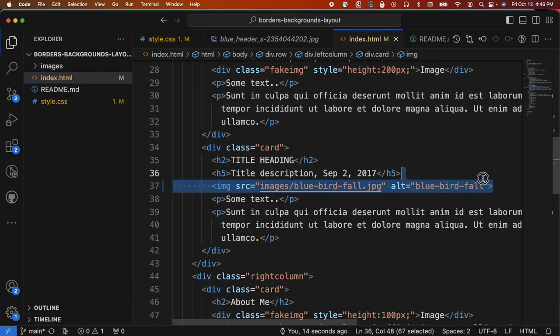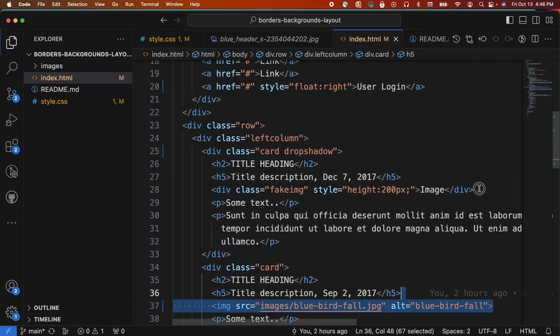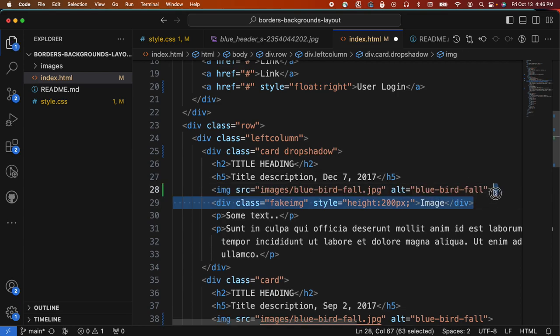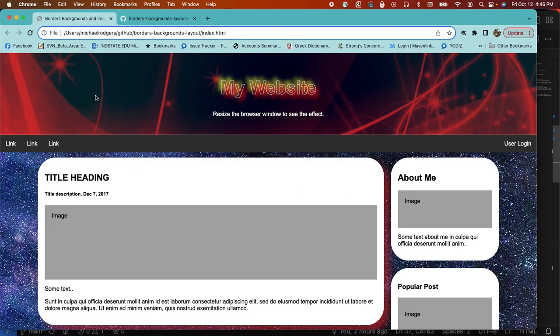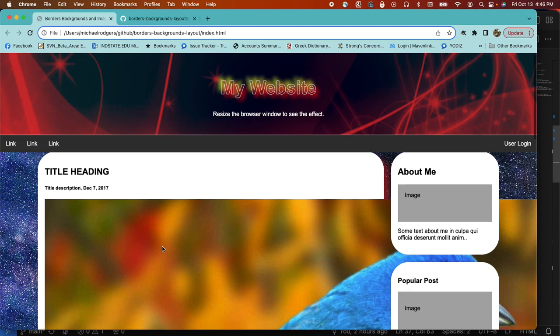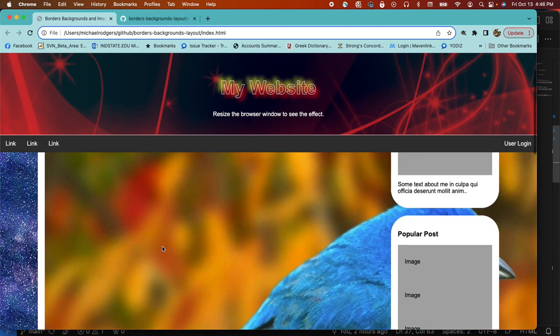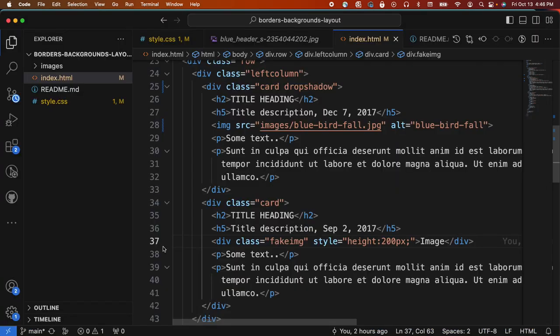So let me copy this, and we'll come up here to this one. I'm going to put that back down below. Okay, there's the bluebird in fall. Ginormous image, right? Yep. And we don't want that. So let's go ahead and